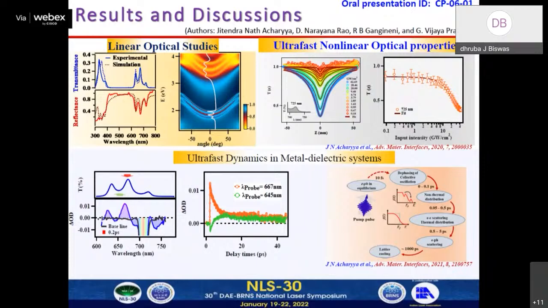So this is the reflection and transmission spectrum of the Ag-SiO2 four bilayer structures, where the photonic band gap is between 400 to 600 nanometer. These are called the photonic minibands, where there is a transmissive region in the visible and NIR region. Though we have used a large amount of metal, we still have transparency in the visible region. So we can access the large and ultrafast nonlinearity of the metal. And this is the simulated photonic band gap.